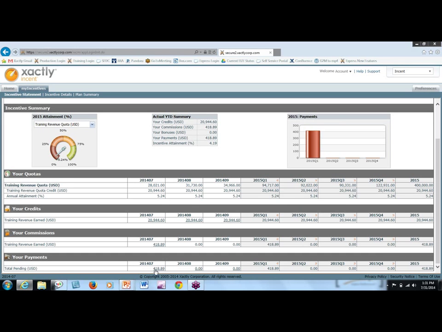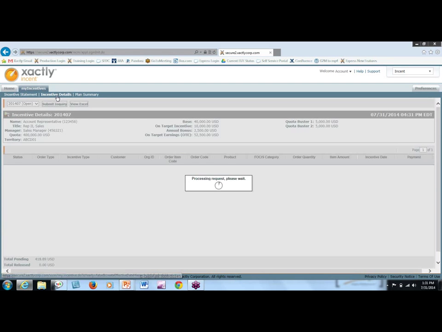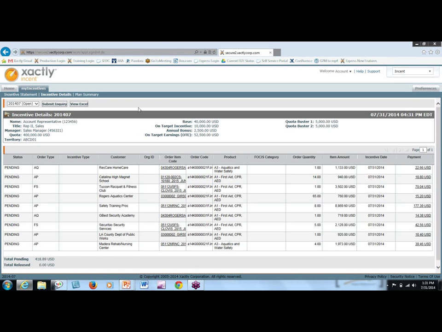You can also see that we have some values here in the payment breakdowns that are underlined and hyperlinked. They're actually going to take you directly to the next report that we're going to look at, which is our incentive details report. This incentive details report is going to show you a lot of the same information as the incentive statement, however,